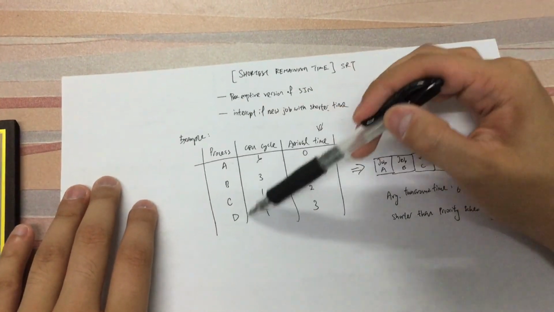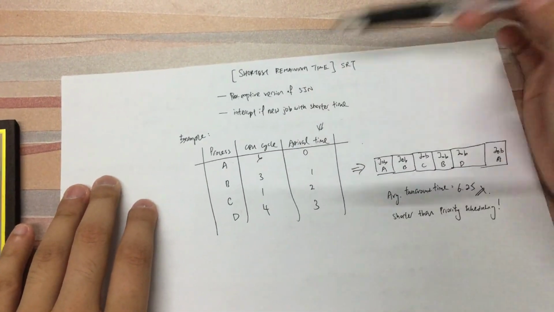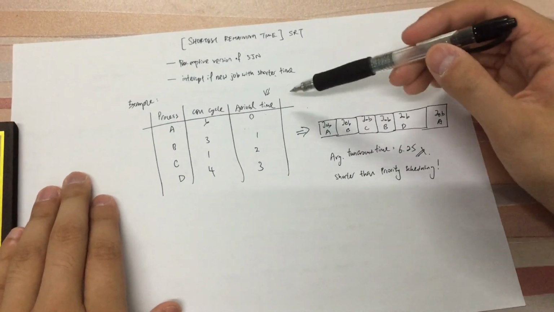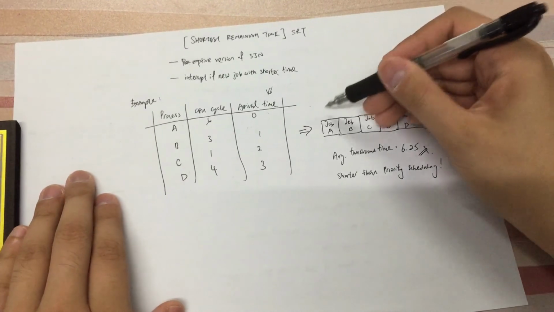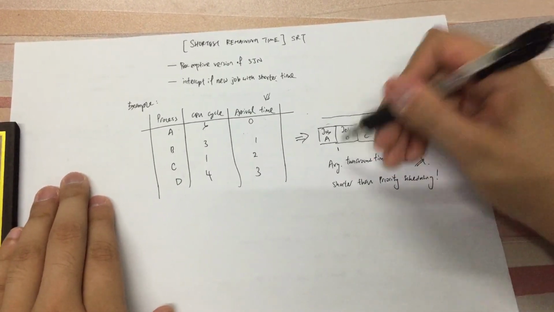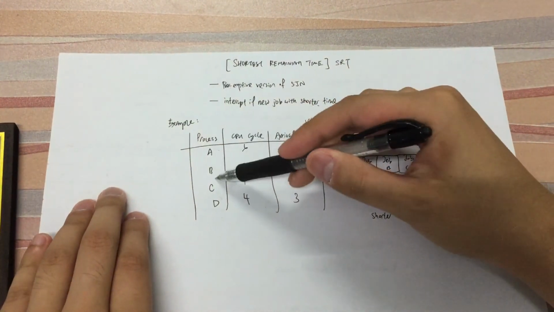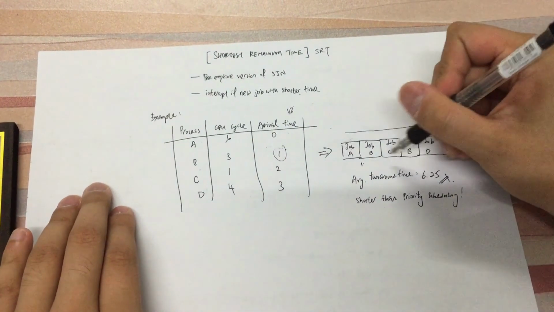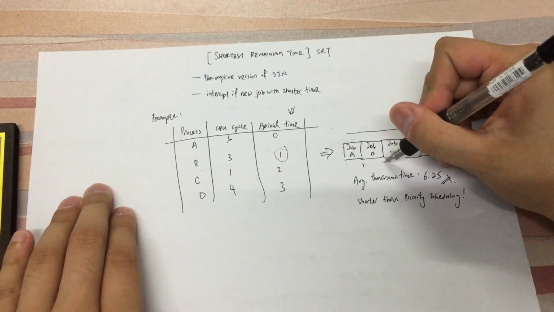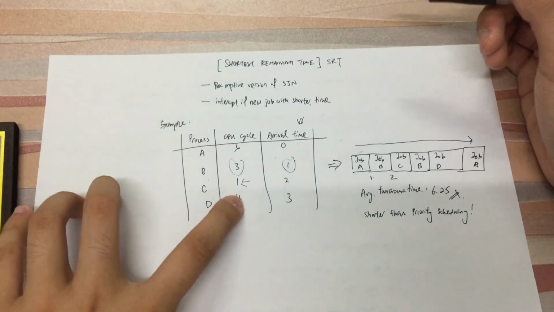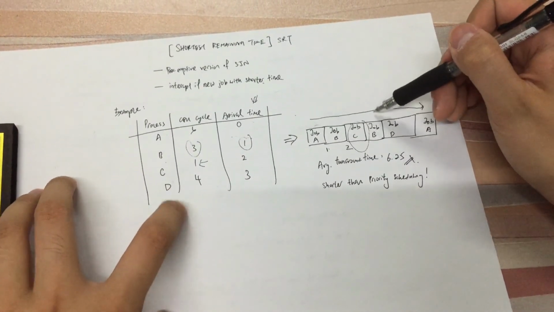Basically here we have 4 processes, with different CPU cycles and different arrival times. When we transform it into a timeline chart, you can see that job A stopped at the very first because process B already came at the first second, so that's why it stopped. And C comes again at the second second. This one will stop because C has the lower CPU cycle. We finish it first, and then continue to B,